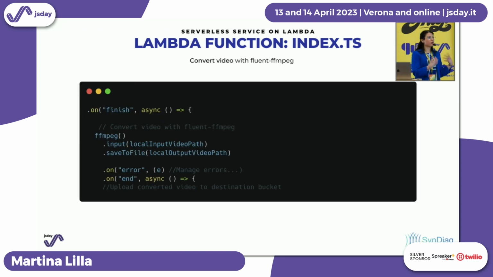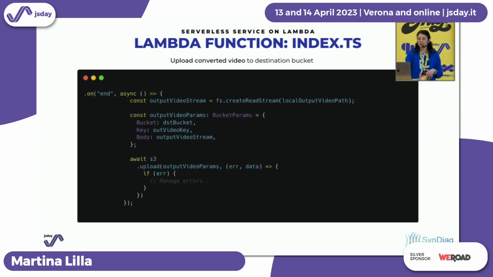So once the download is finished, we can proceed with the conversion of the video, executing the commands I told you before, using ffmpeg, the input method, and the save to file method. It's up to you how you want to manage errors that can happen during various steps. Once the conversion ends, we can then proceed with the upload of the new converted video into our target